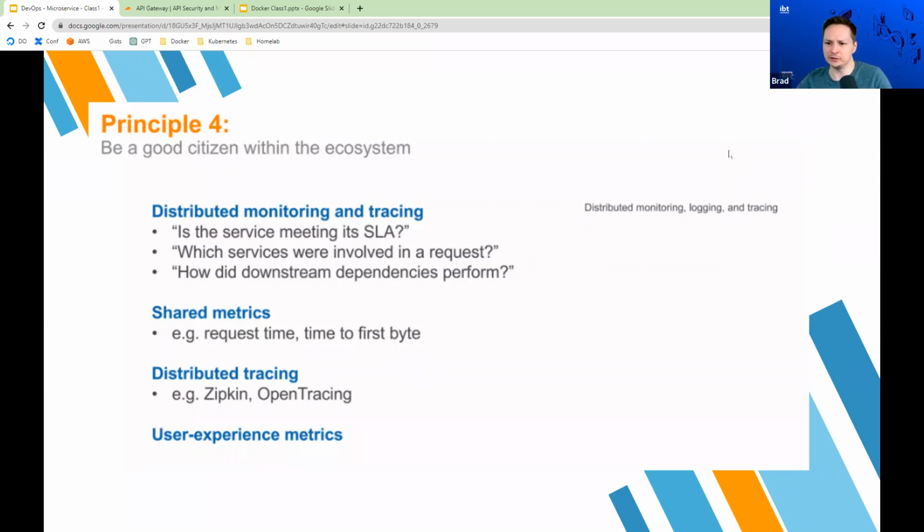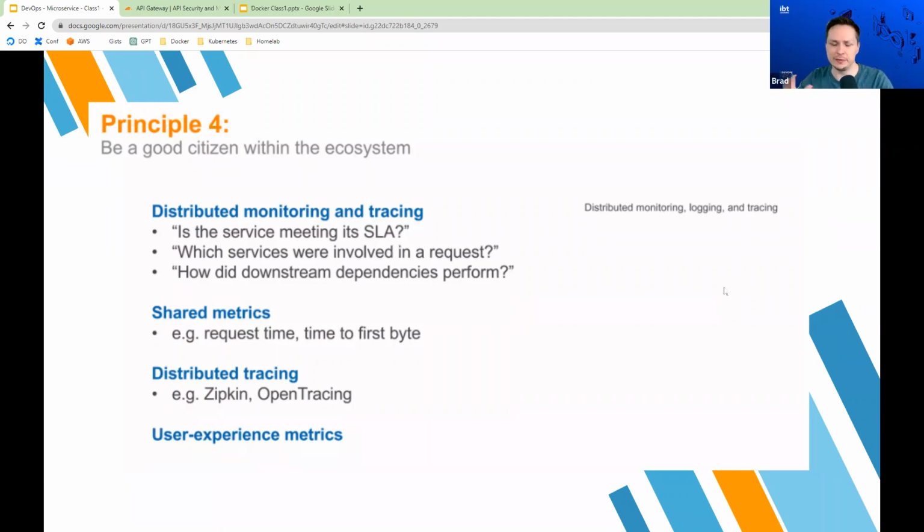Also, just be aware of your downstream dependencies. Let's move on to these other three points, though. You can talk about shared metrics, request time, time to first byte. You just add these into your dashboard. Basically what this slide is talking about is you want to make it so your microservice is giving all the different metrics available that it can give and publishing them, so that things like your Prometheus scraper can scrape them and you can have them in a dashboard.